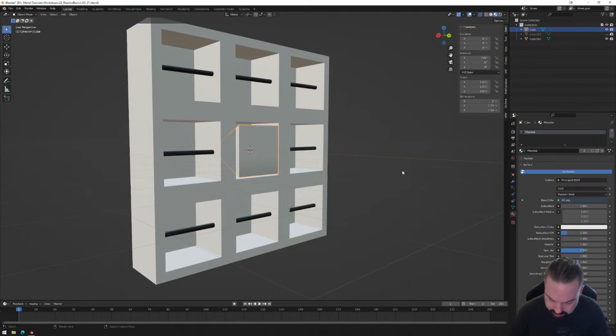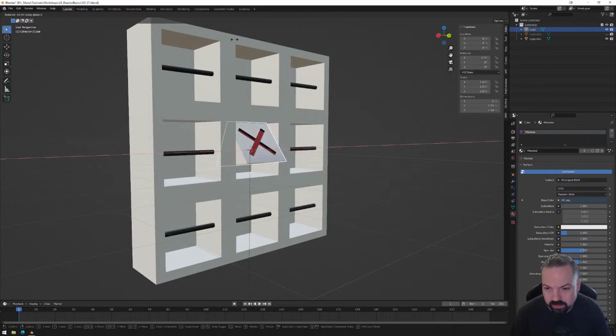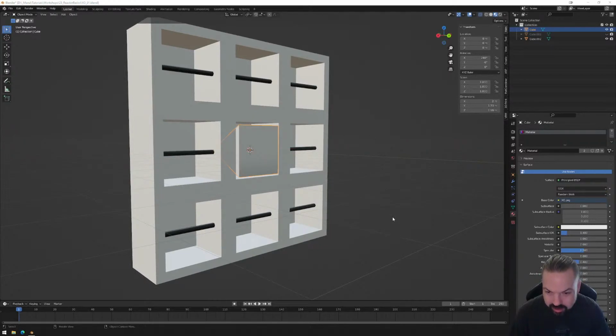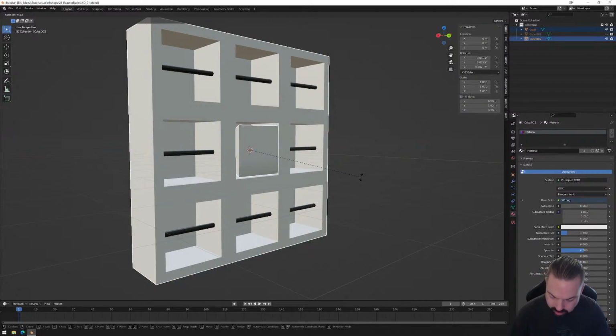The catch with this, let's go this one, X, yeah. So we have sort of like an X, and if I can rotate this around, not that one, that one,